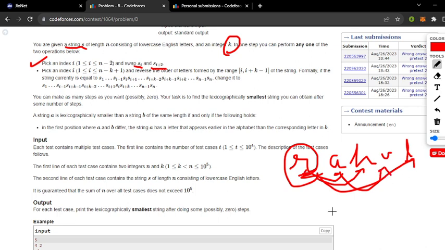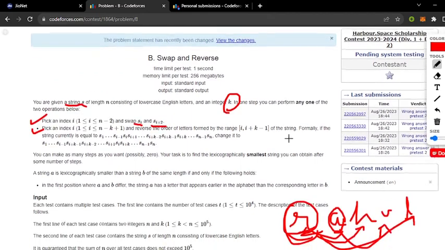So what we have seen is that using the first operation, we can swap only odd-position characters among themselves or only even-position characters among themselves. If a character is at an odd position, we can take it to any other odd position, but not to an even position. Now let us discuss operation number 2. In operation number 2, as I have already told you, we have to choose a substring of length k and reverse it. Let us take another example.